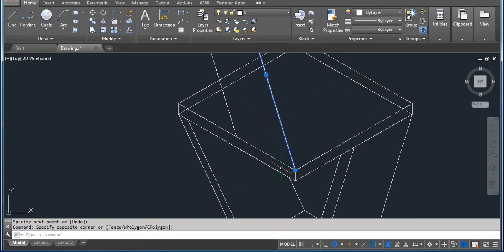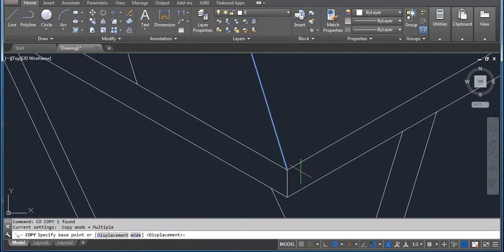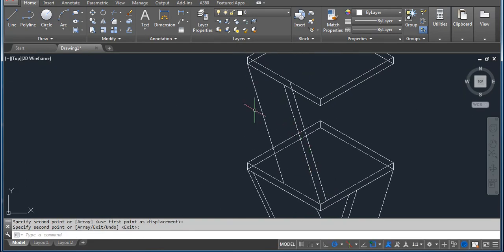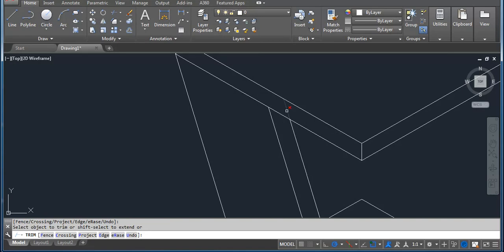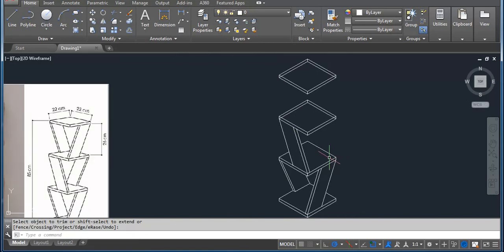select this line, CO enter, first point and then second point, ठीक है। ट्रिम, ये लाइन हमें चाहिए ही नहीं, इरेज इट, E एंटर, सिलेक्ट एंड देन E एंटर, TR डबल एंटर, ट्रिम के लिए, ट्रिम दिस लाइन्स, ठीक है। इस केस में ये भी लाइन ट्रिम हो जाएगी।